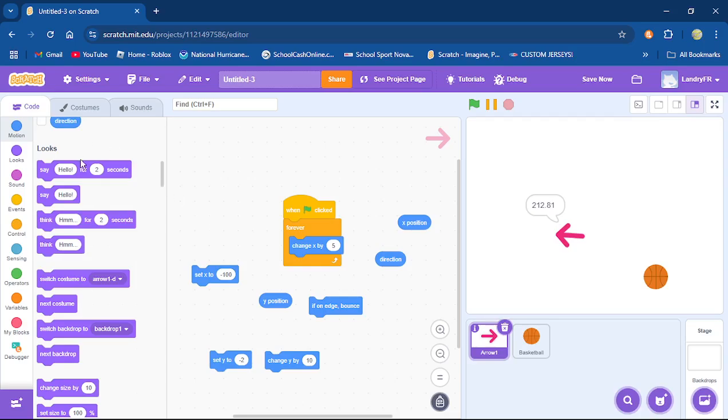Next, we're going to go to the looks blocks, which affect what your graphic does: what you see, what you do not see, whether it hides or shows itself, what costume it's wearing, and what it's going to say. Why are you going to use these say and think blocks? Well, I'll tell you why I use them. I use these to debug. That's the best way I can say it.